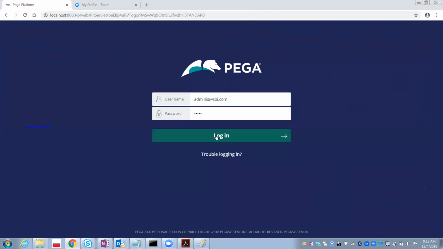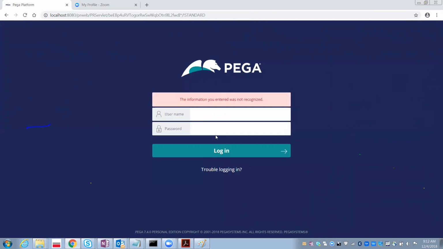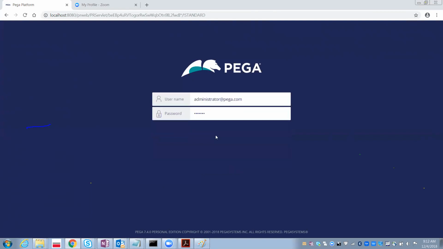It will throw you the error: the information you entered was not recognized. Why? Because I hope you remember it was some junk password, with double quotes, exclamation, those things. If you give that password, then only it will log in. But I did not remember that. Then how can we log in? So let's go to administrator@pega.com and then install.